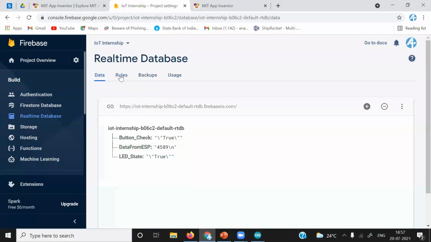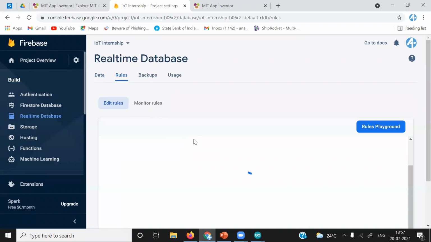It doesn't matter if you have the database secret key, you will still be able to access the real-time database. You can read and write data from the real-time database if these conditions are true and true.